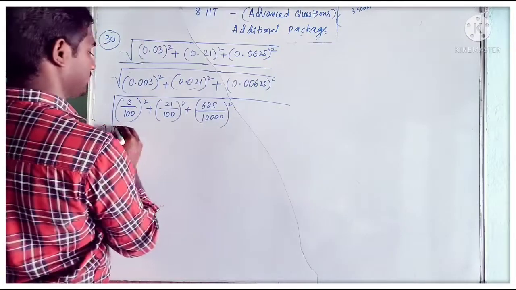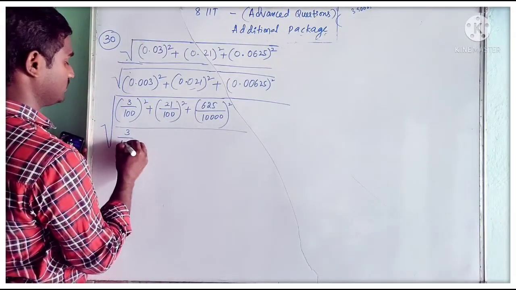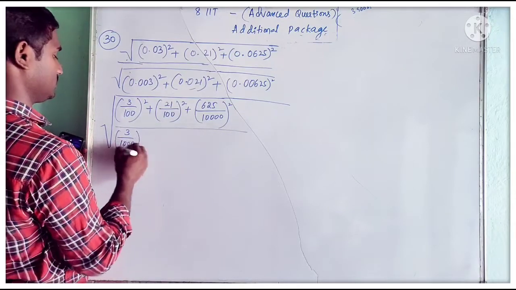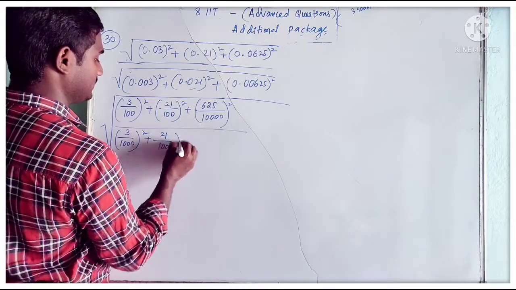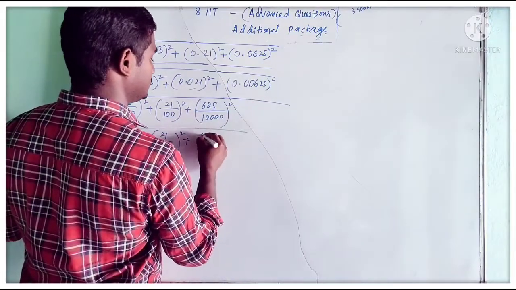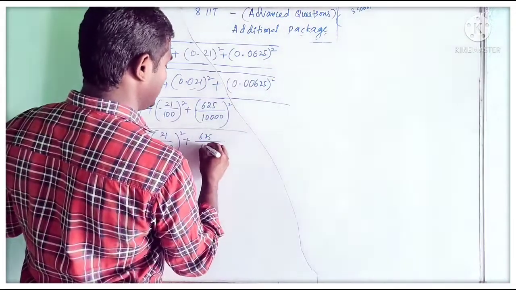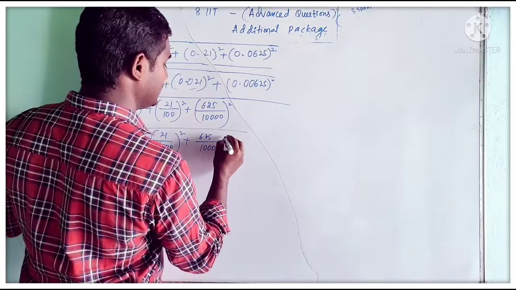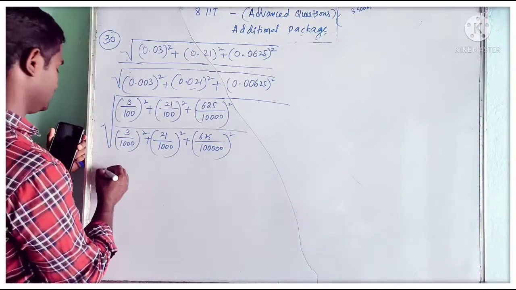In the denominator, we can write this as 3 by 1000 whole square plus 21 by 1000 whole square plus, here, 625 by 1, 2, 3, 4, 5, that is 1 lakh, so 5 zeros, whole square. So if you simplify this, it becomes